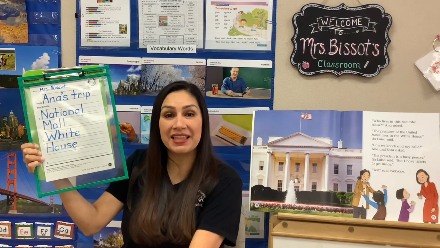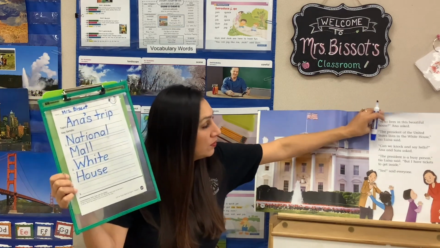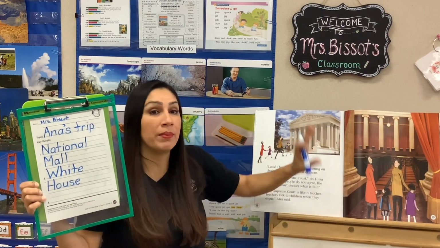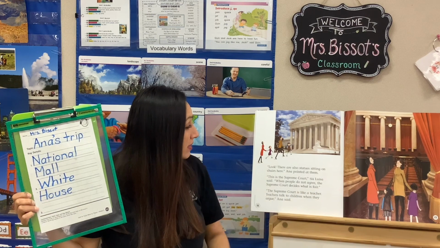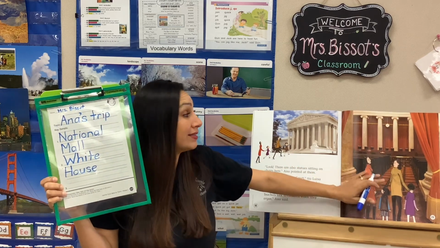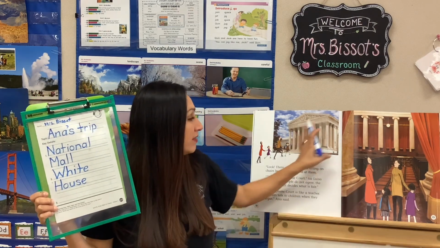And then last, they went to, let's see, where else did they go? Later, they went to many, many places. So we could write about any of these places. This is a very important place. This is where they make very important decisions about different things that are going to be approved or not approved, and very important court cases for our country that help make decisions of what will happen next, of things that people can do and can't do. And this is called the Supreme Court. This is a very, very important courthouse. So we're going to write, and then last, they went to the Supreme Court.